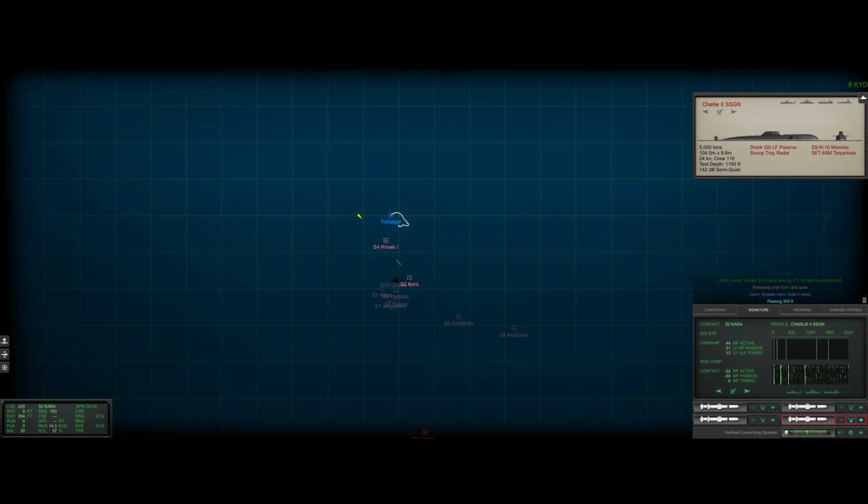Passing 300 feet. Let's get the Spearfish ready. Kara's coming towards me as well. Kara's quite a formidable warship. 6,000 yards. Sonar, regained contact on Sierra 1, bearing 190. Krivak's within range of that 6,000 yards. Regained contact on Sierra 5, bearing 177. Passing 200 feet. I'd love to sneak past these escorts and harpoon the fleeing...